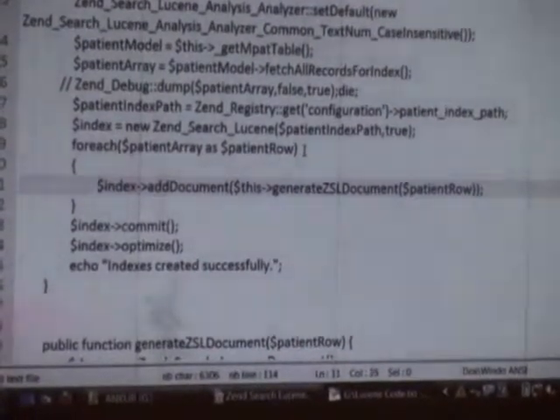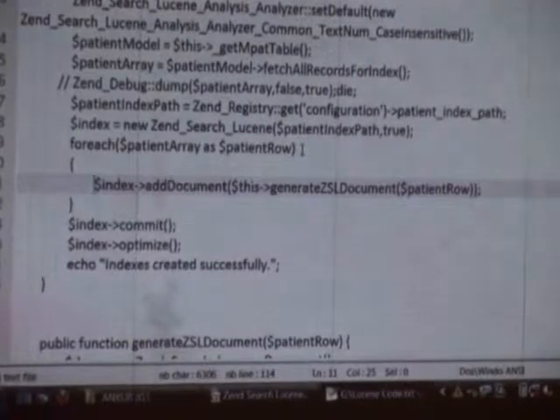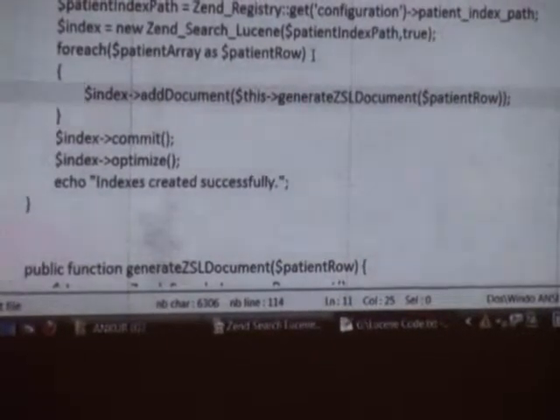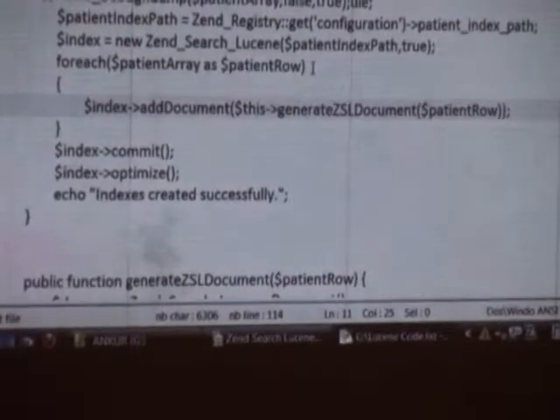Inside of index add documents, there is a function, generate Gen Search Lucene document patient row, and every record of this iteration will go through it, and it will return me a document.